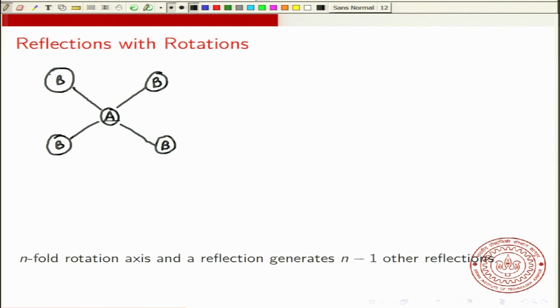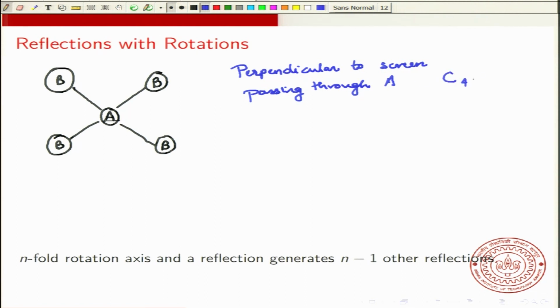Now, what you see is that perpendicular to the screen, passing through A, there is a C4 axis. So you have a C4 axis,